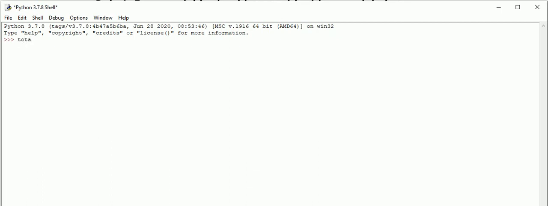Here we use total, so it is valid. Underscore total equals 1000 is also valid. 12total equals 1000 gives an error, invalid syntax, because the variable name starts with 12, that is a number. @total equals 1000 is also not a valid variable because it starts with a special symbol, that is the at-the-rate symbol.